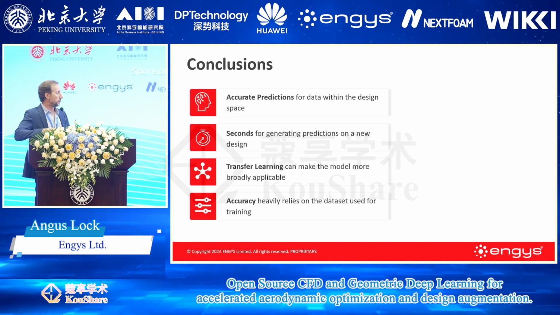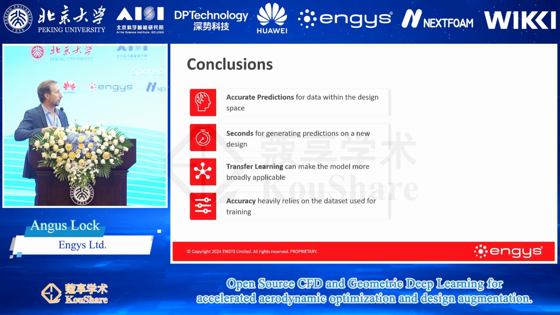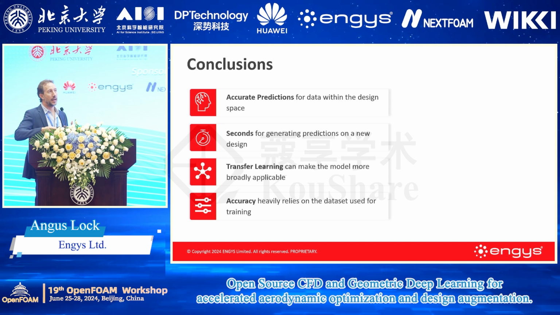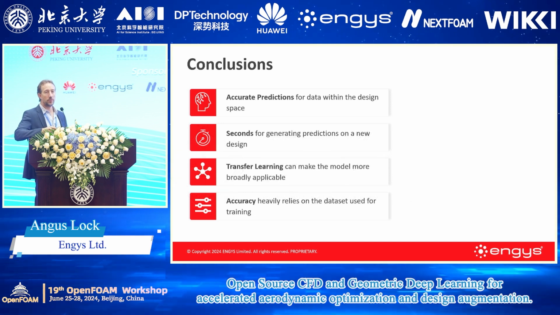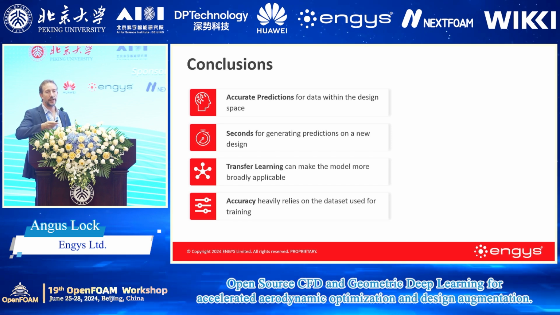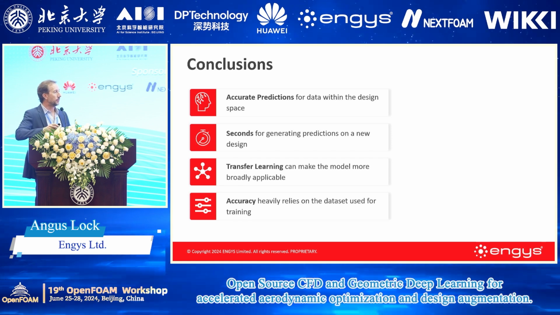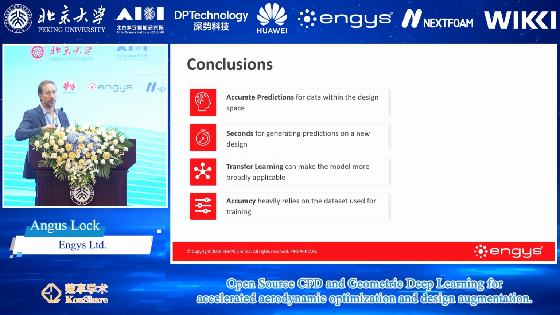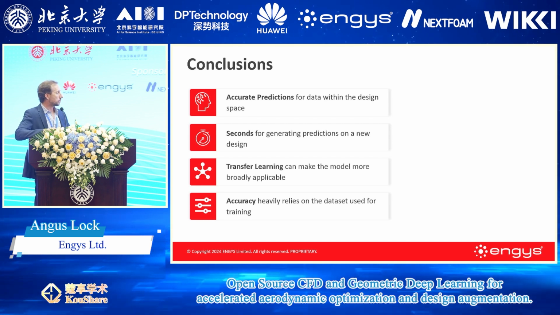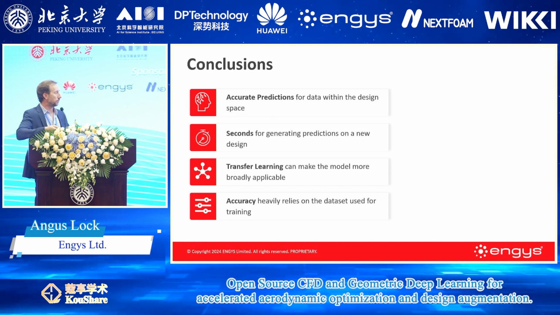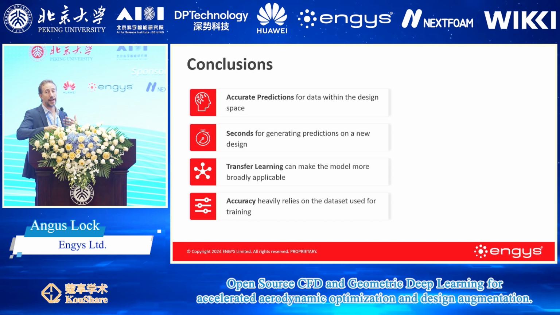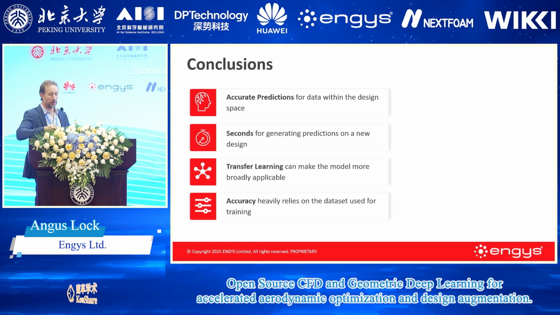And then we just wanted to point out that the accuracy heavily relies on the data set that you use for the training. So you have to have well-converged CFD results. If you're not getting good convergence or good stability in a transient data set, then you're introducing noise into the training material for the graph neural network, and then things can go wrong. So yeah, you have to focus on your initial data set quite heavily, but once you understand how to set that up, it's a relatively seamless process.